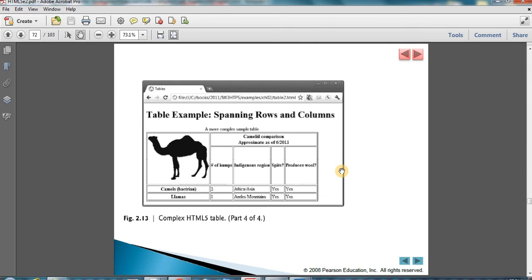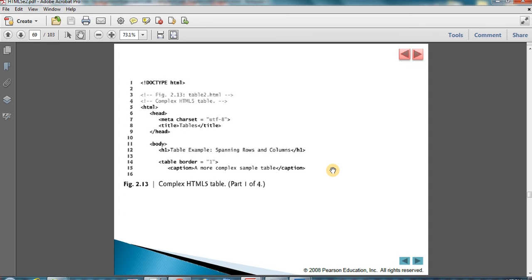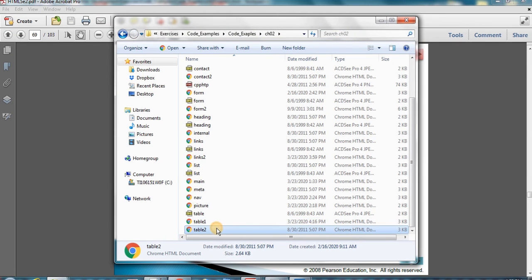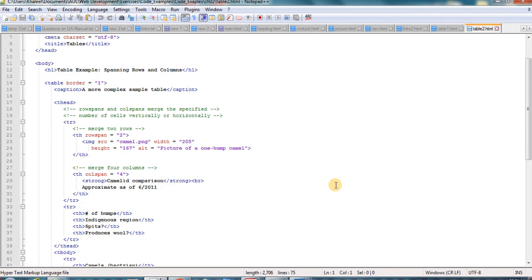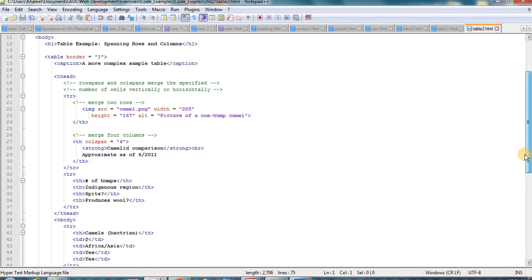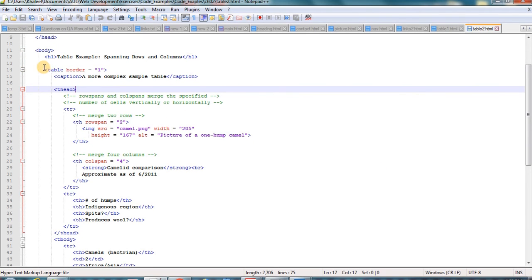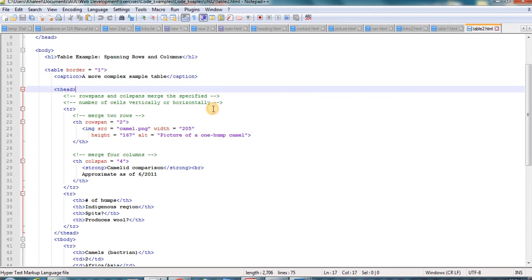How am I able to create such a table? By using the row span and col span attributes of the table. So in order to create this table that you have seen, first I have the table border. Let's see it in HTML and then in the Notepad editor. Okay. This is the example that will show the table that contains cells that span among multiple rows and multiple columns. First, the main tag of the table is the same. The caption is the same. Now, inside the header,